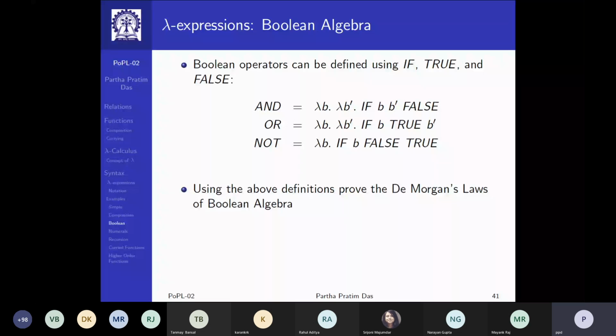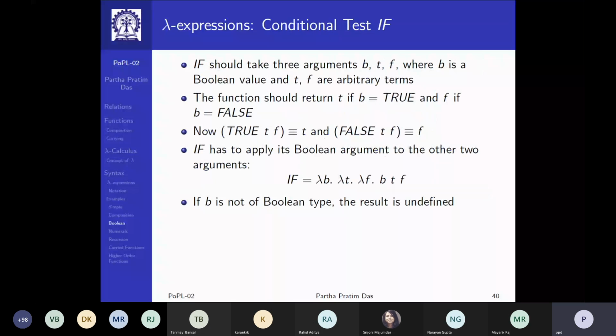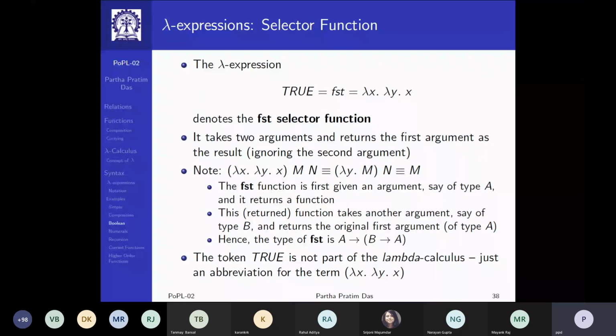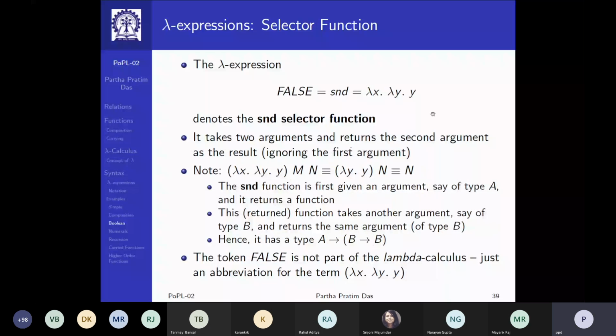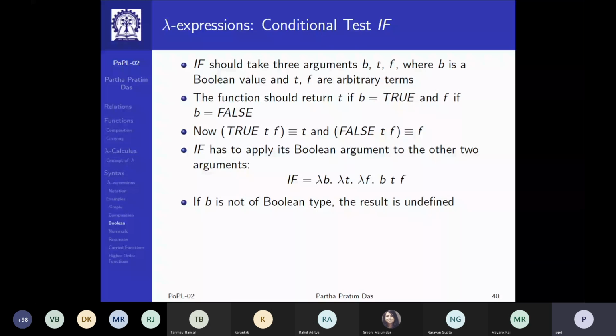In a similar manner, here we have defined the primitives of a Boolean algebra based on lambda expressions, where true is the first selected expression. In lambda calculus, everything is an expression. So every value is an expression. So this expression is my truth value, and this expression is my false value. So these are the two primitives of the Boolean algebra that we have defined. And then we have defined a lambda expression for condition checking, which is now giving me the well-known